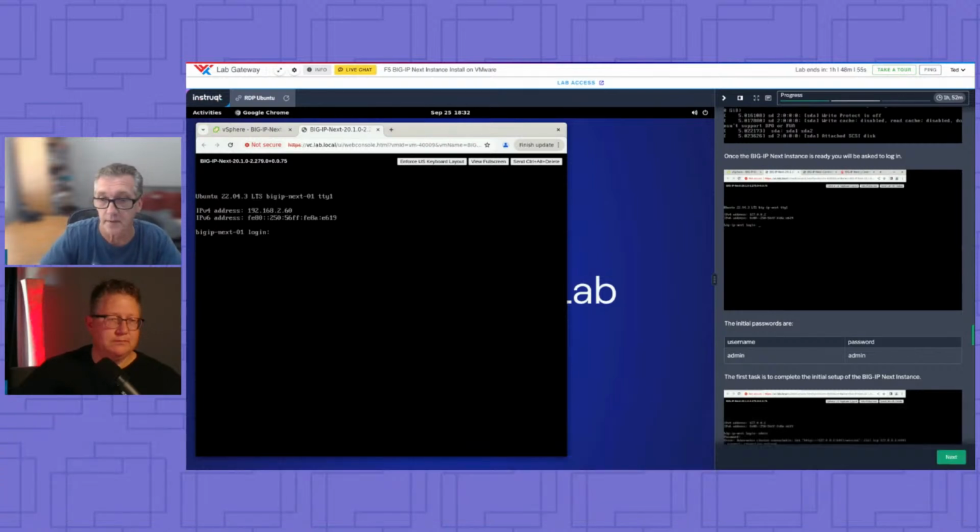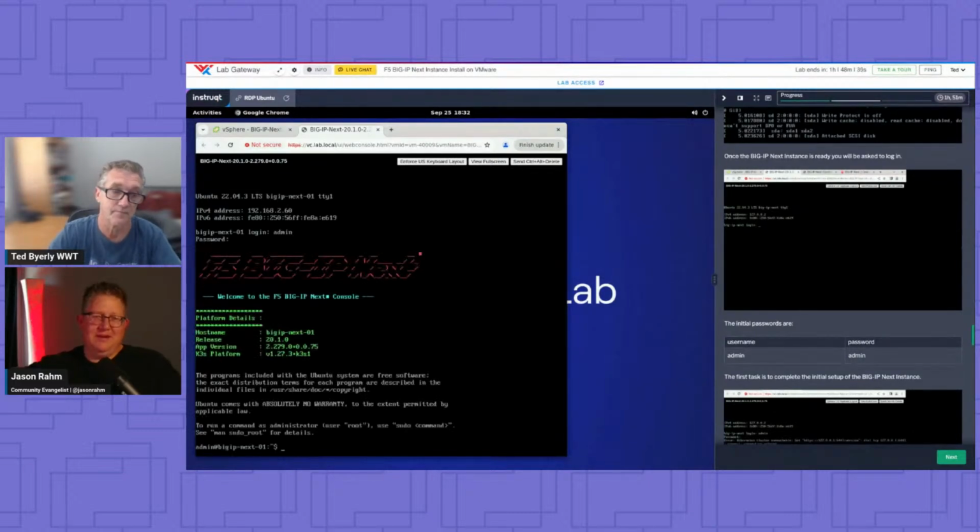There you go. All right, log in, generic admin. Oops, hit enter first. That's my typing skills. Typing in emulated terminals is not for the faint of heart. So we have a name, the release version. This is 2.10, if I'm not mistaken. 2.3's out now, but this lab was done 3-4 months ago, right?